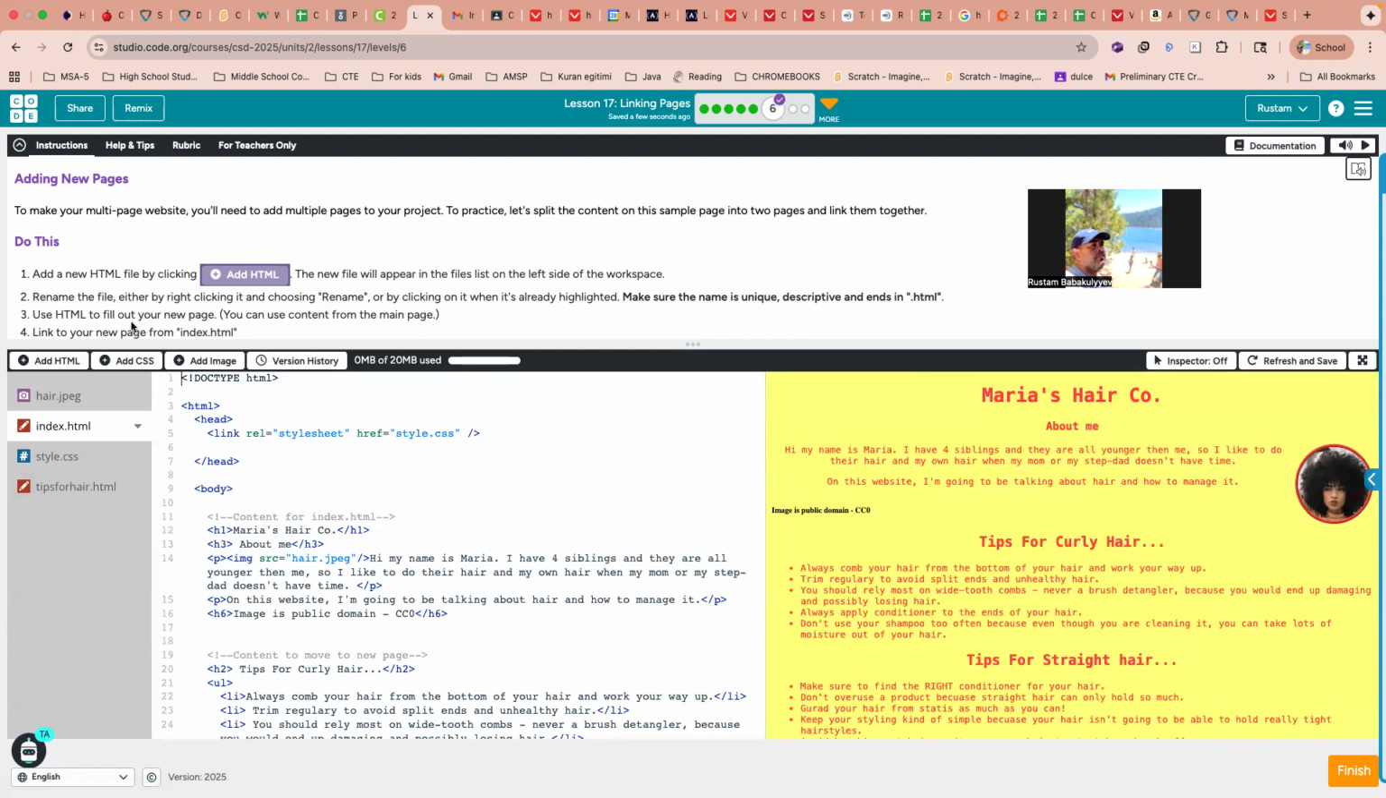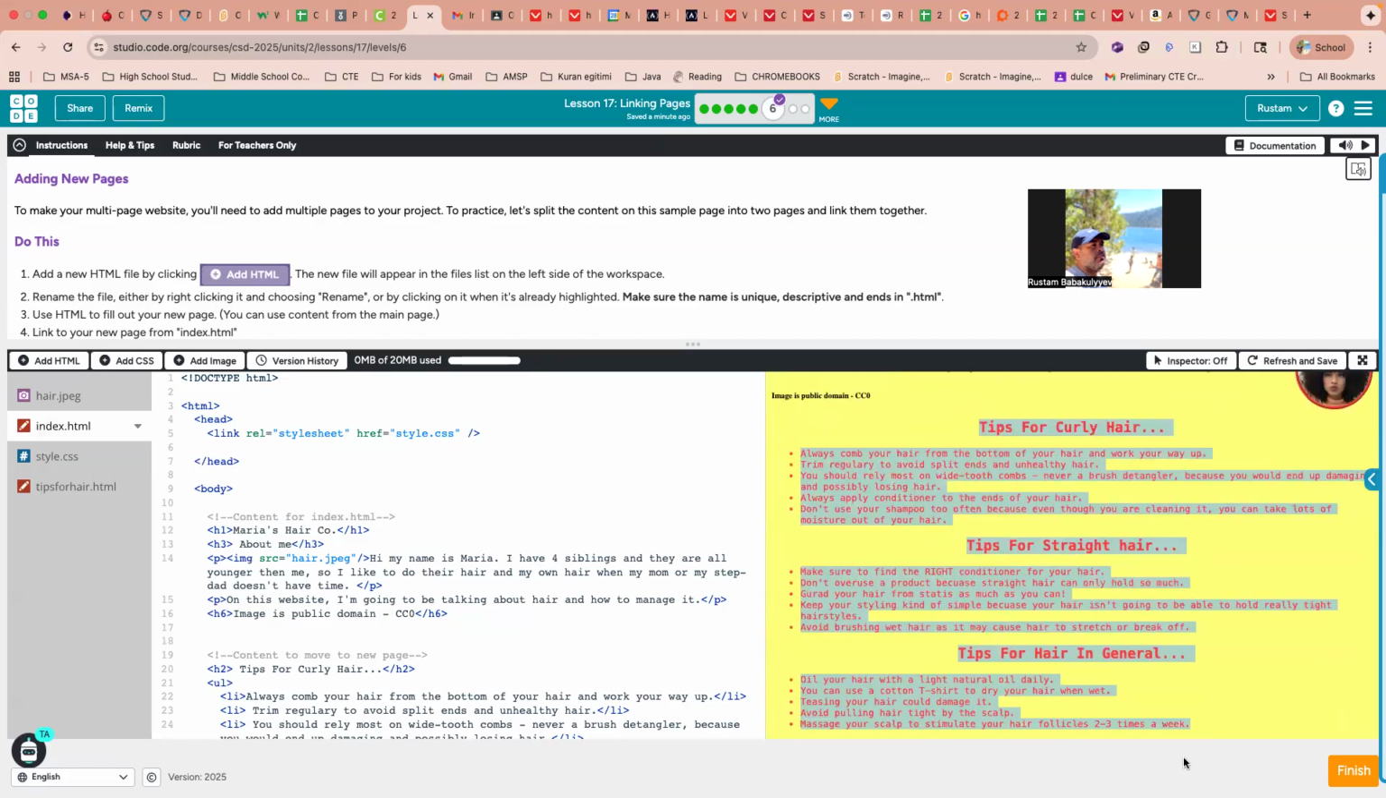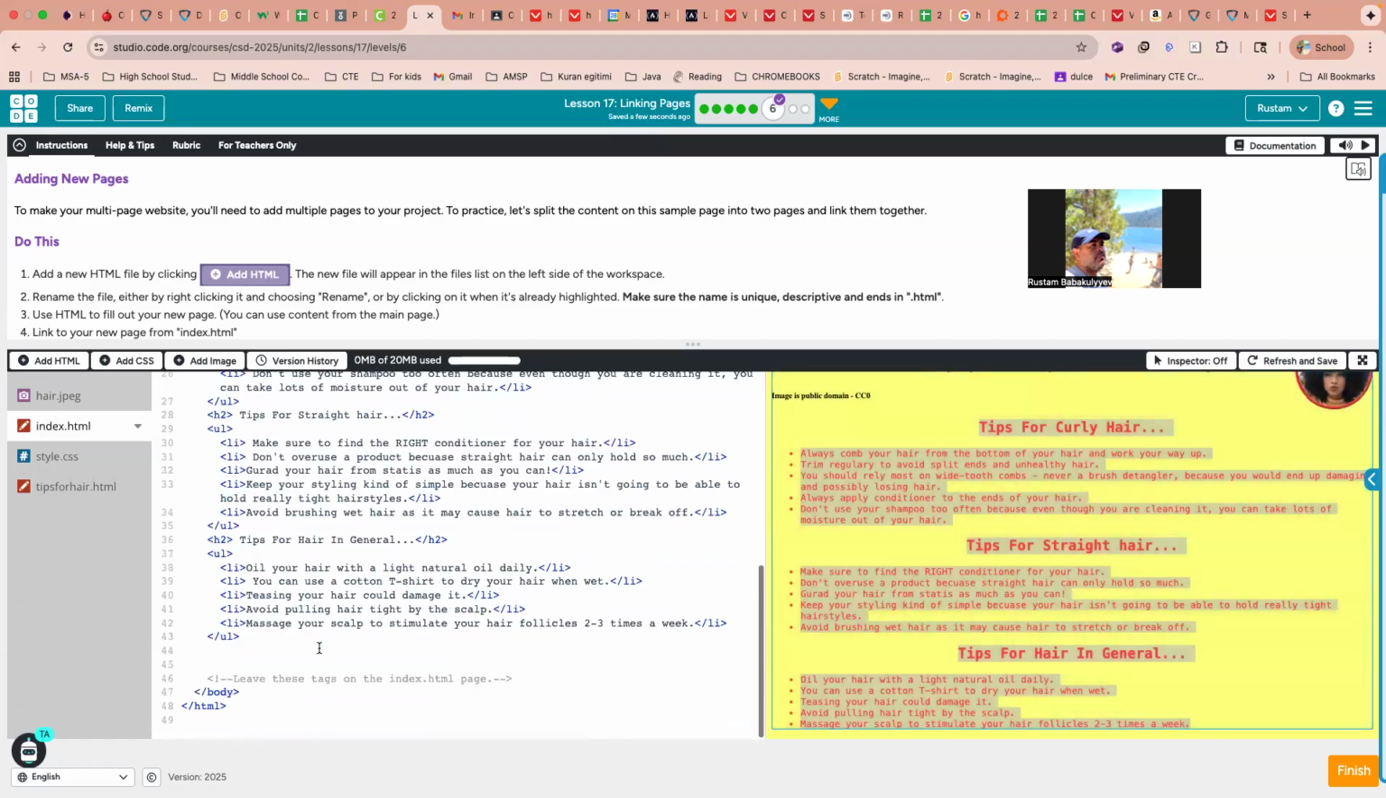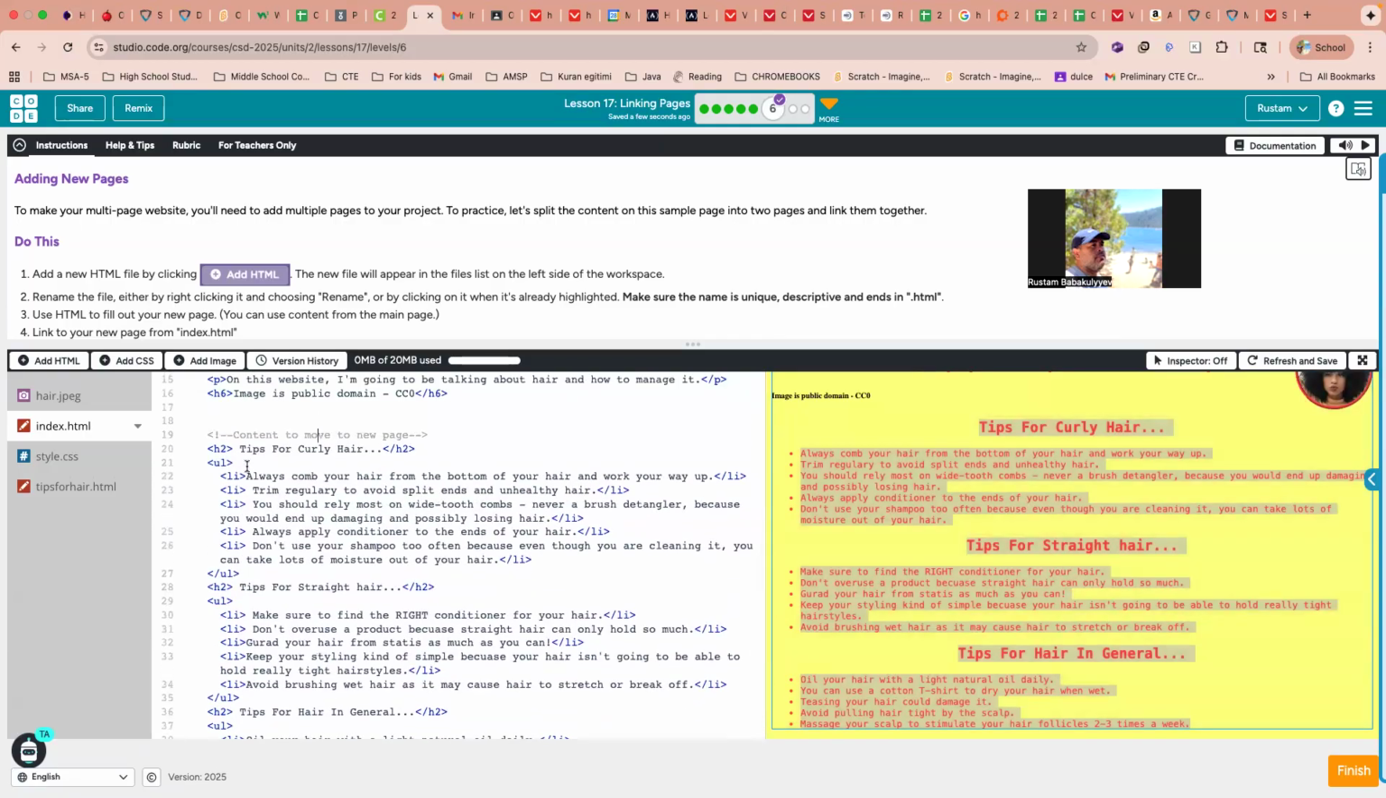Use HTML to fill out your new page. You can use content from the main page. So let's say I'm going to copy this whole thing and then move it to a new page. All right. How am I going to move it from there? I need to go to the index page, locate where the paragraphs are. They are curly here, curly here. So it starts from here all the way down. So I'm going to